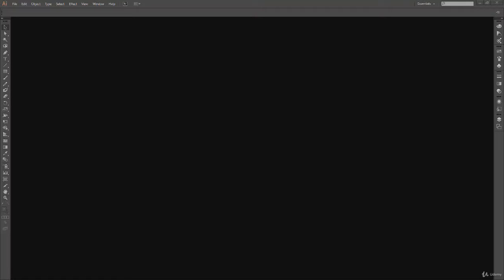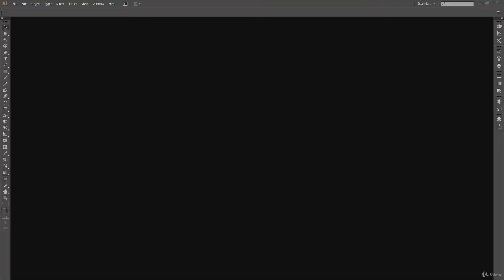Then we went to the user interface part. When we open Illustrator the first time, how the interface looks and what all things we have. Like on the right we have the panel bar, on the left we have the toolbar, on the top we have the menu bar. Just a little bit of everything. We didn't go into detail, we just went through all of them, that this is what they are called, nothing more than that.